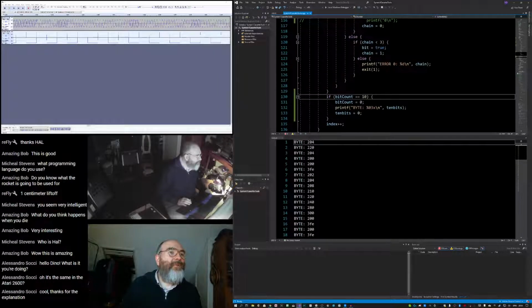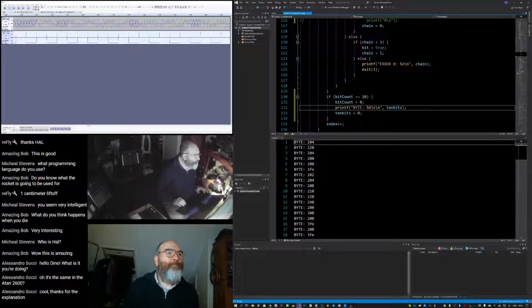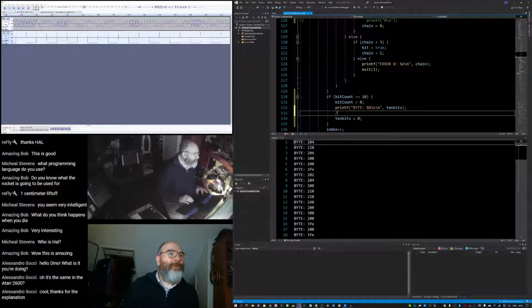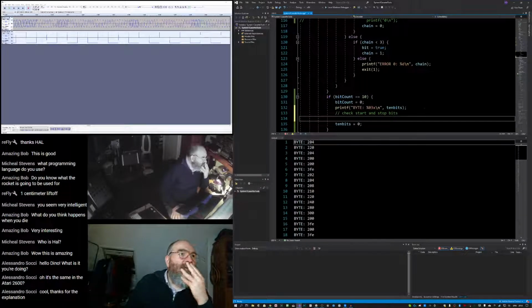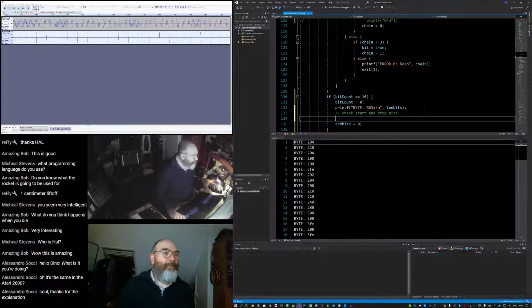Byte 204. I need to check start and stop bits. So this means that they should all be even. The least significant bit should always be 0. The most significant bit should always be 1 of the 10 bits. So what I expect it to be is, we could say